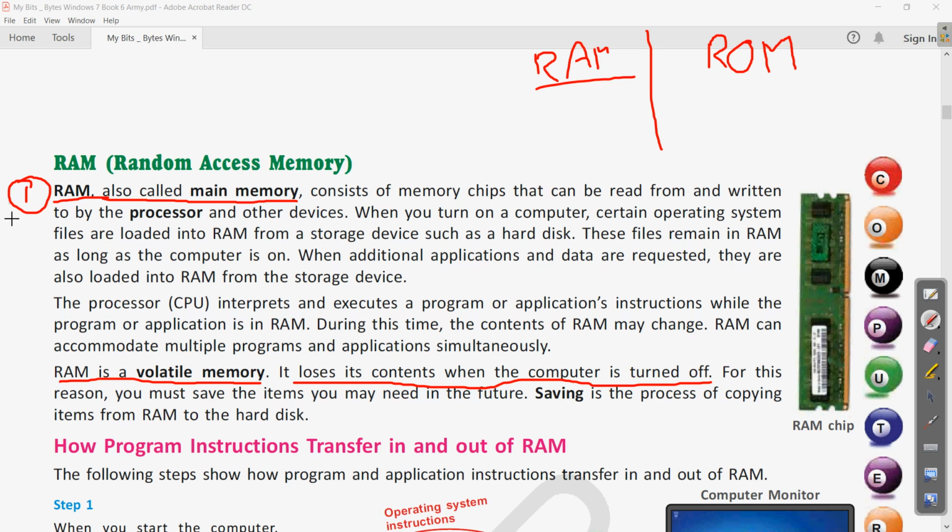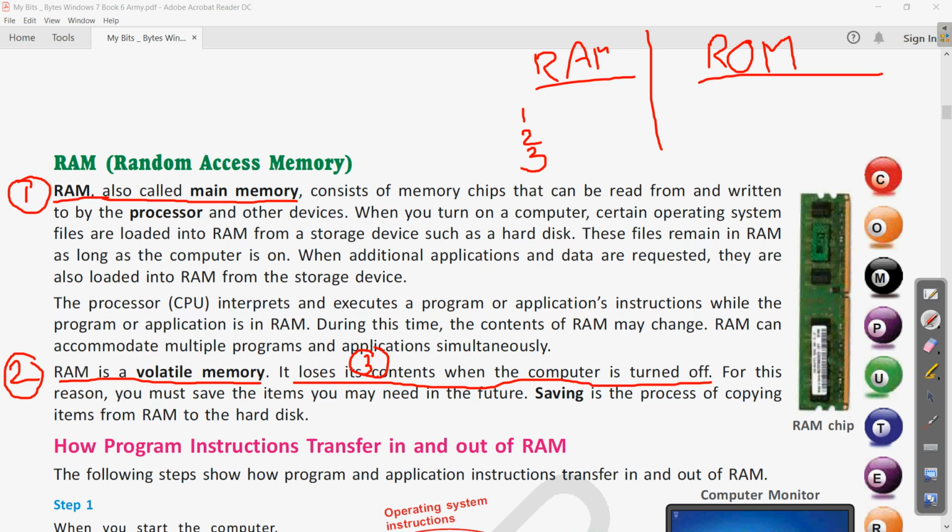So first point is RAM is also called as main memory. Clear? Then second point is RAM is volatile memory. And third point you are writing that it loses its contents when the computer is turned off. So these are the 3 points of the RAM. Clear? Now